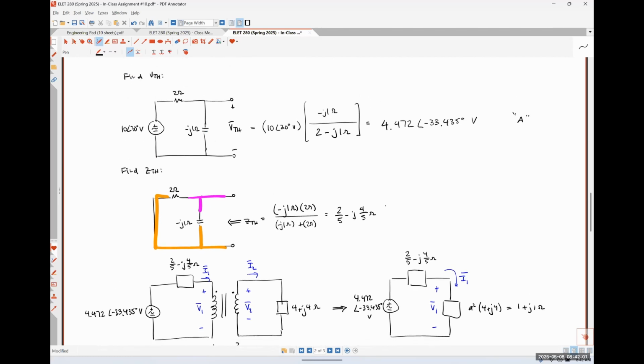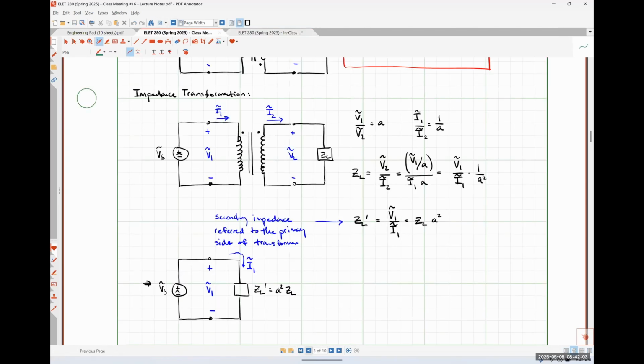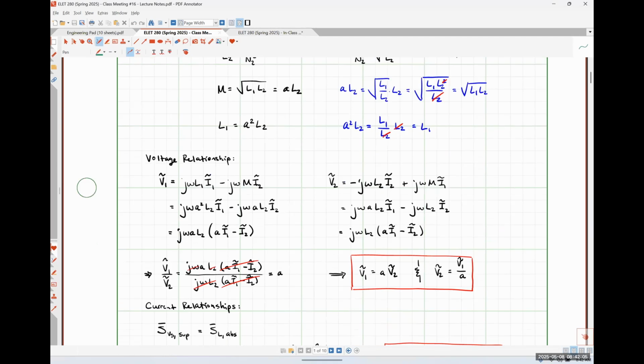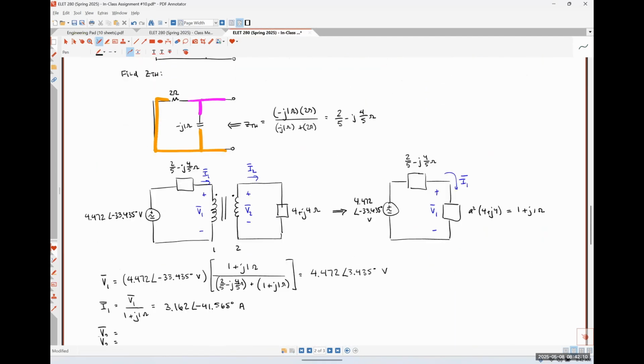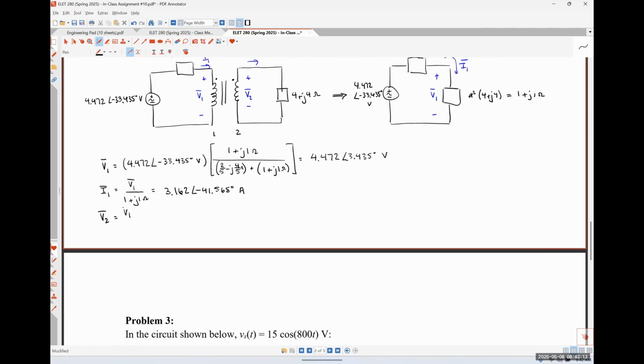Let me double check the notes here. So this is the situation that we have. Yeah, so V2 is V1 over A. So dividing by 1/2 is the same thing as just multiplying by 2. So